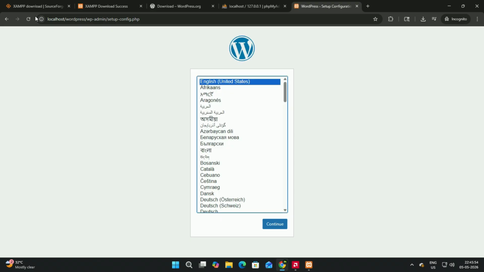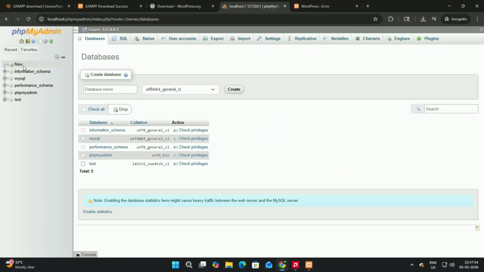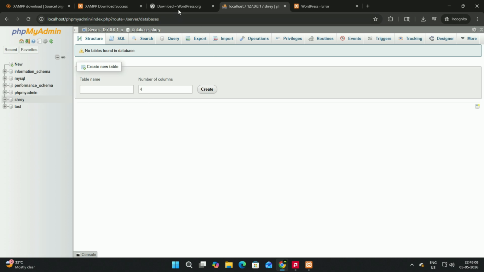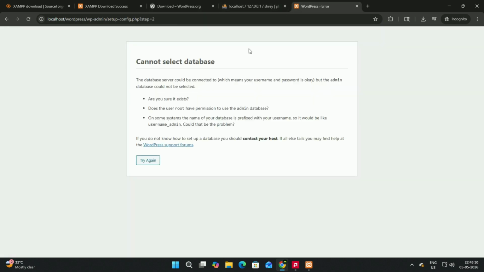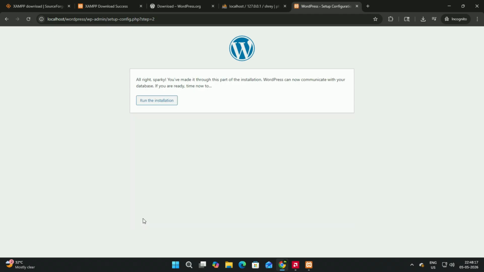Okay, showing the installation interface, click continue. Then let's go. Okay, but I will create the database first, and WordPress and click create. Okay, so admin, and submit, run the installation,